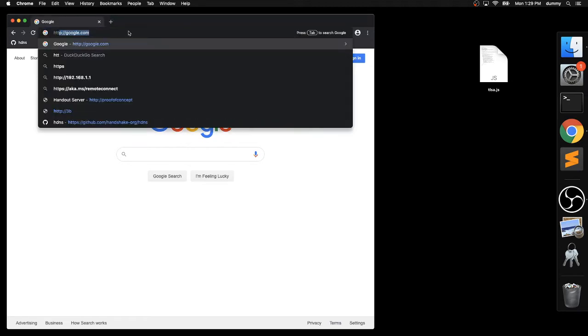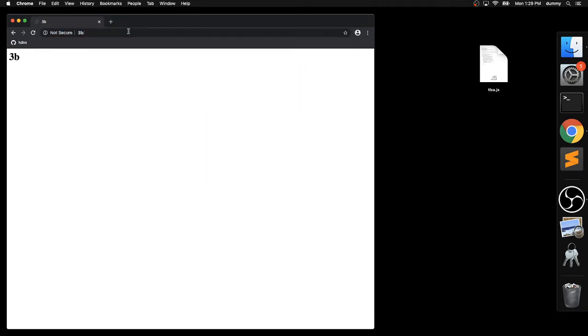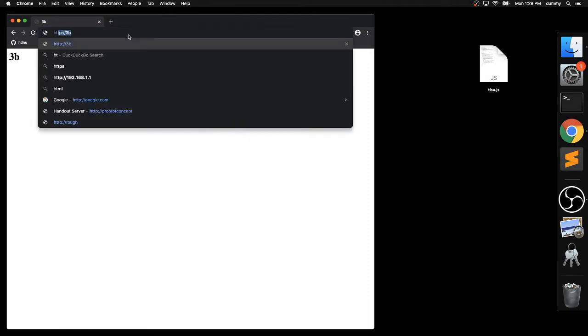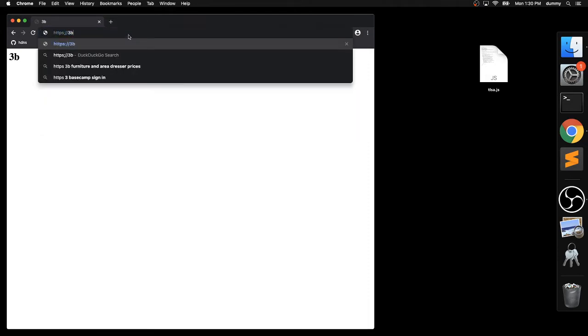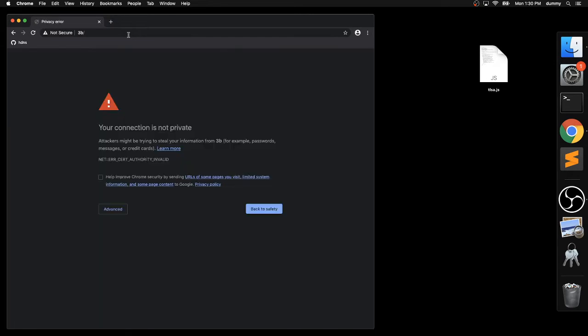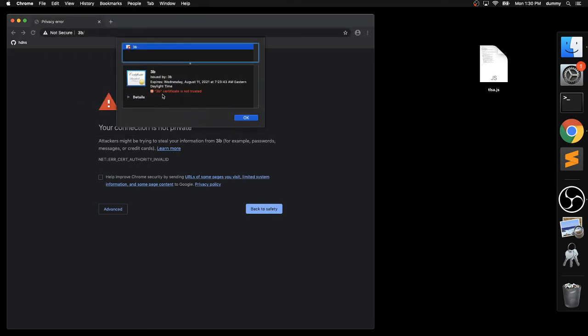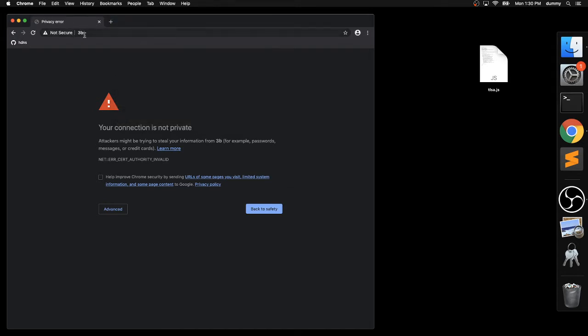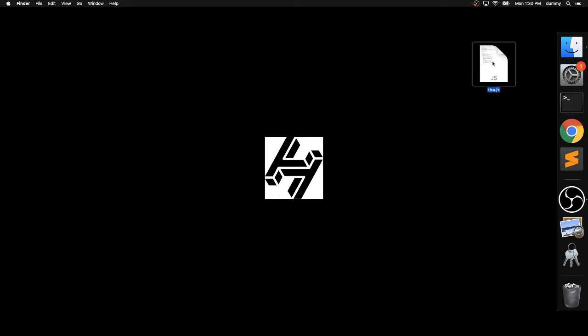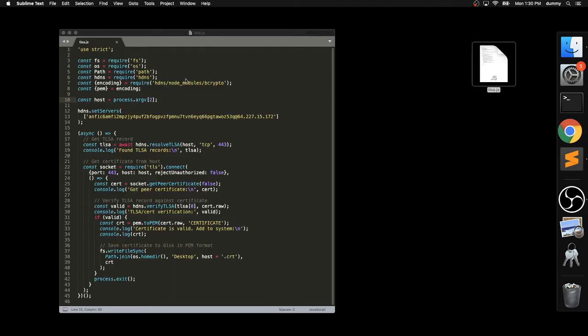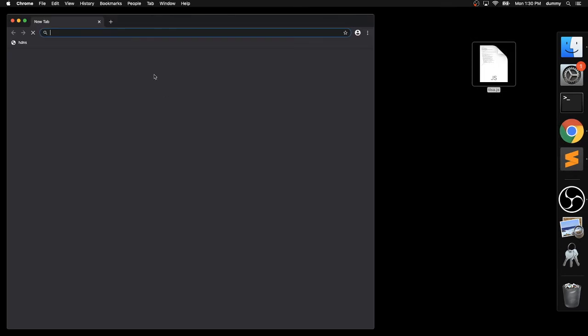So when we go to a website like 3B on Handshake, it's not secure. But if we try to go to HTTPS, the 3B domain actually has an SSL certificate, but Chrome doesn't like it because it's self-signed. And as we can see in here, the certificate is not trusted. So we need a way to verify the certificate that 3B is giving us and tell Chrome that it's okay to use. So for that, we're going to use a library called HDNS and a little script that employs the